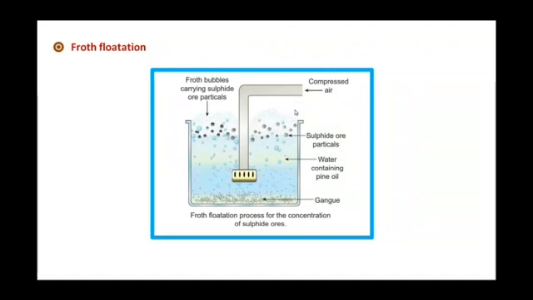As the paddle rotates, bubbles will be formed inside the container. As we have added pine oil to the water, bubbles will be formed. Lighter ore particles, for example, sulfide ore particles, will stick to the bubbles and will float to the top of the container, while the heavier gangue, that is impurities, get soaked in water. As they get soaked in water, their weight increases and they settle down at the bottom of the container.